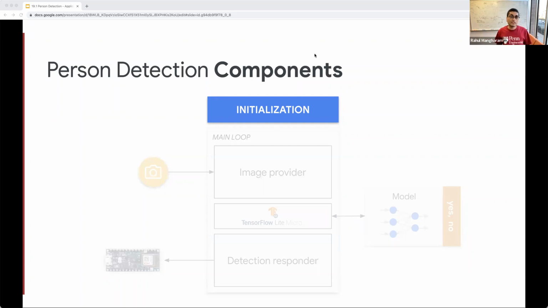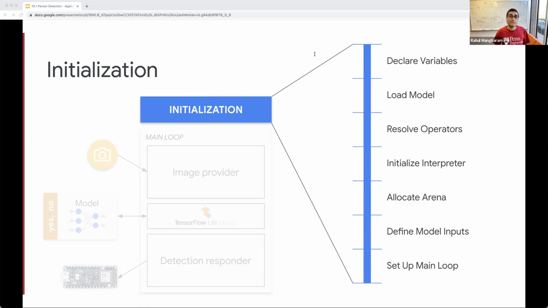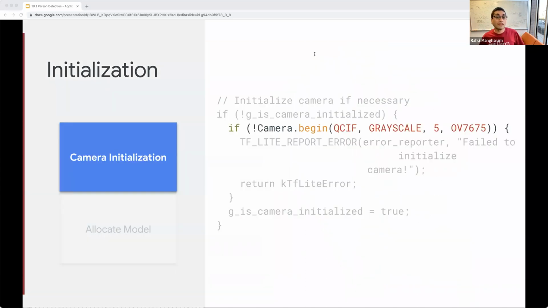The initialization phase has two subcomponents. You've got to initialize the camera, and then you've got to set things up for your model. By and large, this breaks down into smaller steps that can be covered in a lot of detail, as we did in the keyword spotting application example. So basically declaring all the variables all the way to setting up the main loop, which is going to execute repeatedly. The first step is to initialize the camera, which is as simple as making one single function call,